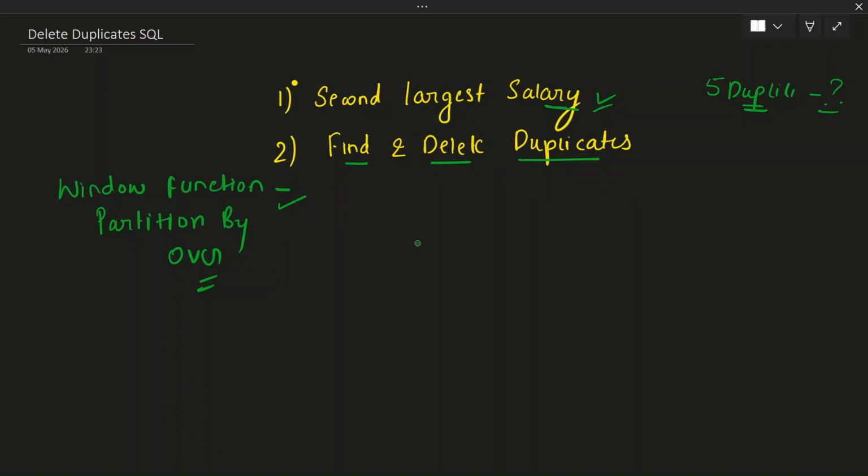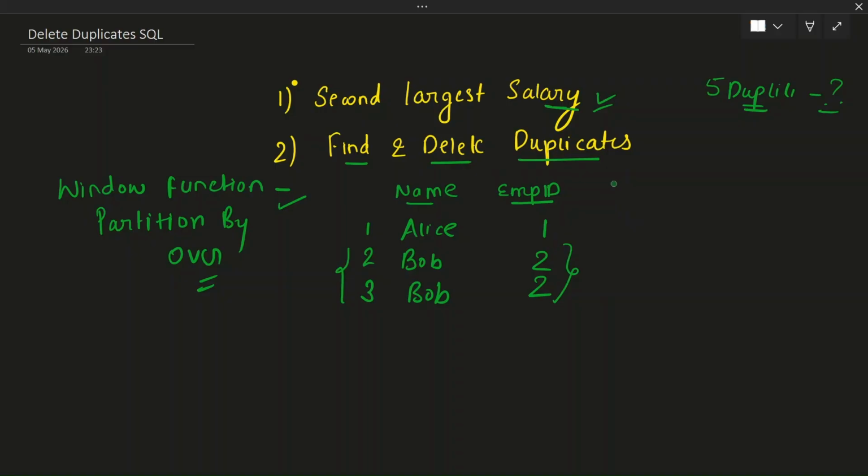Before proceeding further to the SQL query, it's very important to understand the concept. Let's say we have three rows in our table. The names of the columns are employee name and employee ID. Let's say the employees are Alice and Bob, and their employee IDs are something like this. I intentionally put the entry of Bob two times here because Bob has duplicate data in the table. And of course, we have to find that duplicate data and delete it. So how can we achieve that?